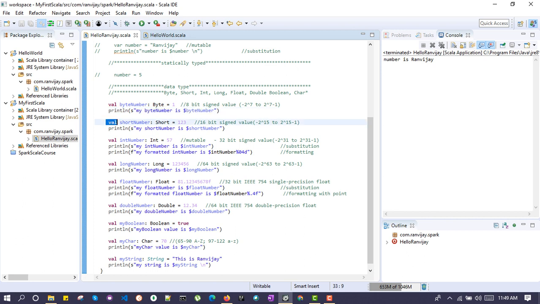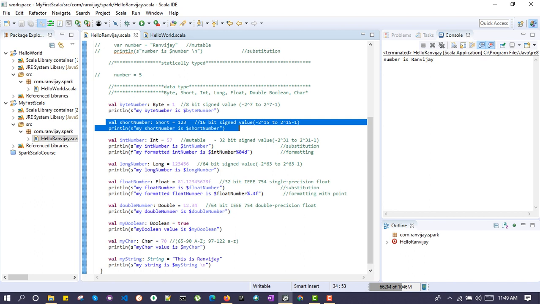Same we have done with short. For short, we have declared the variable name and the type with colon short, and we have given the value 123. Short is a 16-bit signed value which ranges from negative 2 raised to power 15 to positive 2 raised to power 15 minus 1. And we have displayed this short number in the next line.